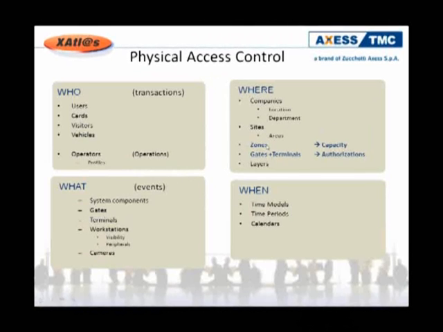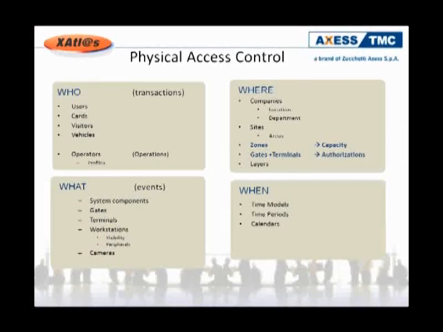Then there are zones and gates plus terminals. That is what we have just had a first look at, which are the real entities on which we have some control. While the previous ones, companies, location, department, sites, areas, and layers,